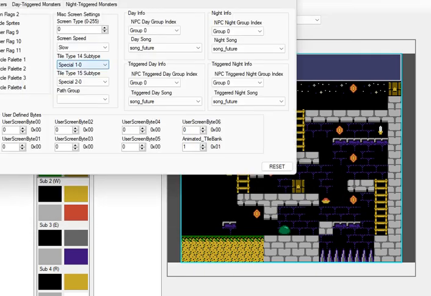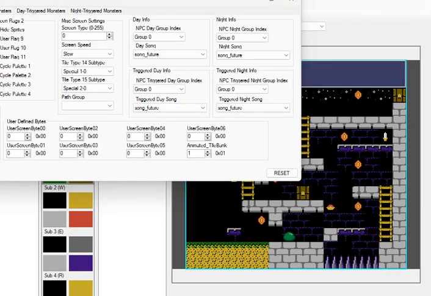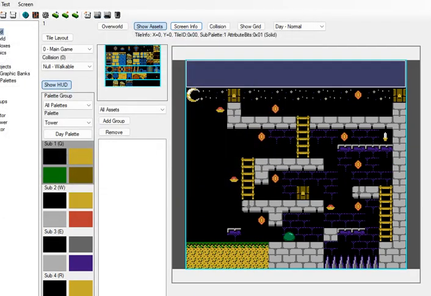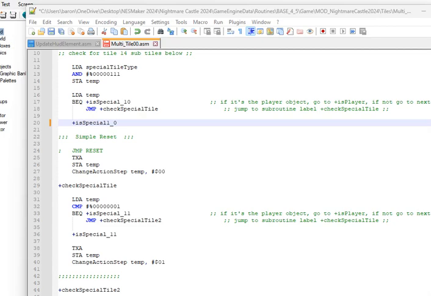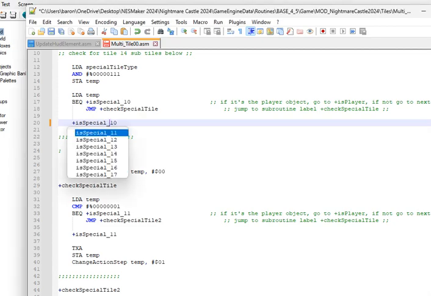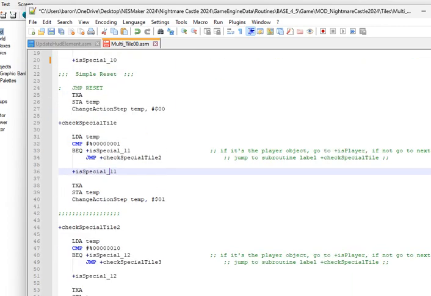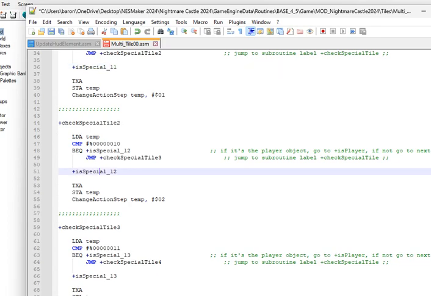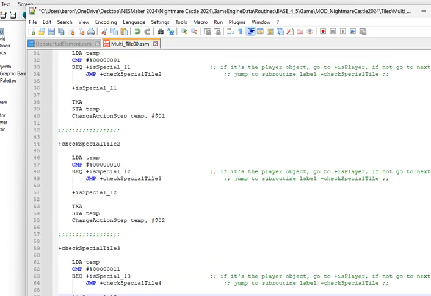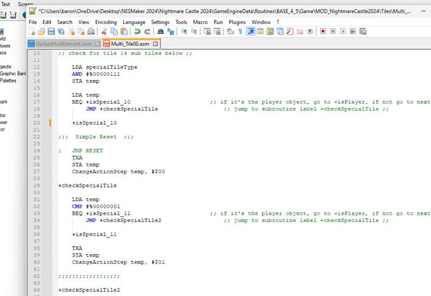So in this, it's marked special 10, 11, 12, all the way through 17. If you look at it like this, it looks kind of weird. That's why I did it like that. So what we do is special 10, special 11, special 12, special 13, etc. Special 10.